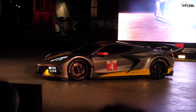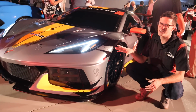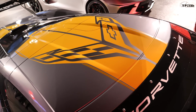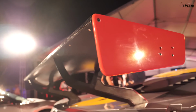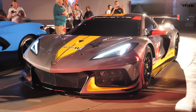Check this out, guys. This is something pretty special. This is the C8R, and this is the new Corvette Le Mans Racer, the first ground-up design since 1999, and you guessed it, it's a mid-engine Corvette. Looks pretty similar. Let me tell you what, it's pretty different underneath. It doesn't have an interior or much ground clearance at all, but this is your very first look at one